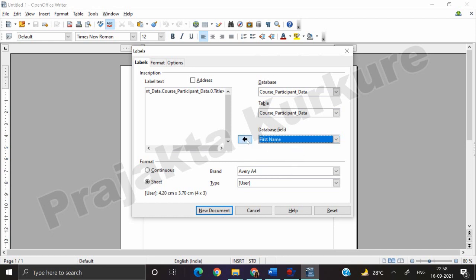The next is first name, then last name, and then address, and then city. One arrow I think is missing, so let me correct that.